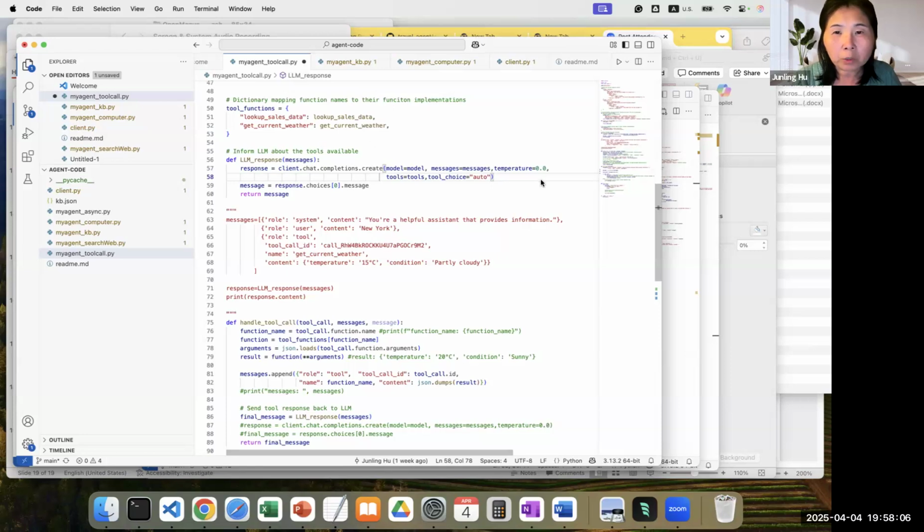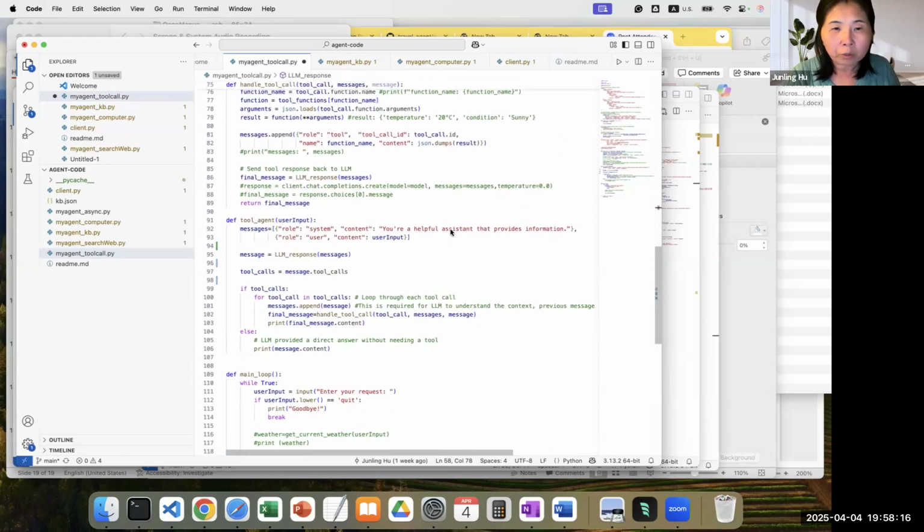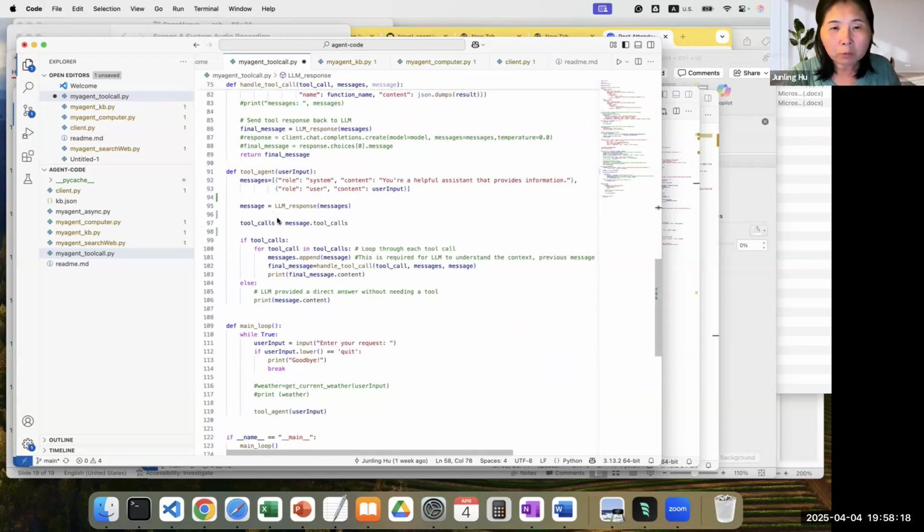So here, now we understand we are sending the tools, we are sending the definition of our tool to the LLM. So when that comes back, we will check whether this is empty or not. The LLM comes back, it will have this subfield called tool calls. Essentially all the other agent frameworks are built on top of this. The tool calls tells you whether the weather tool is being called, right?